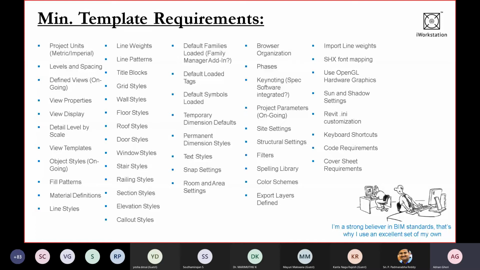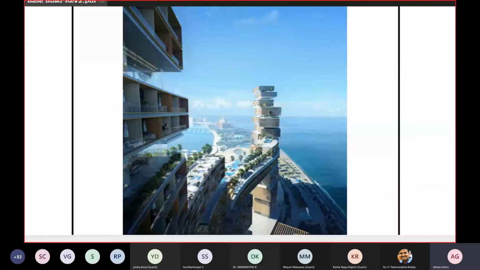Currently we use a default template for working in Revit, but being a BIM manager or a BIM coordinator who initiates the project, he or she needs to define a template as well. And how these templates are defined, obviously you need to follow a certain set of standards. So what are the standards available in the industry as of now? We will look into detail in tomorrow's session.